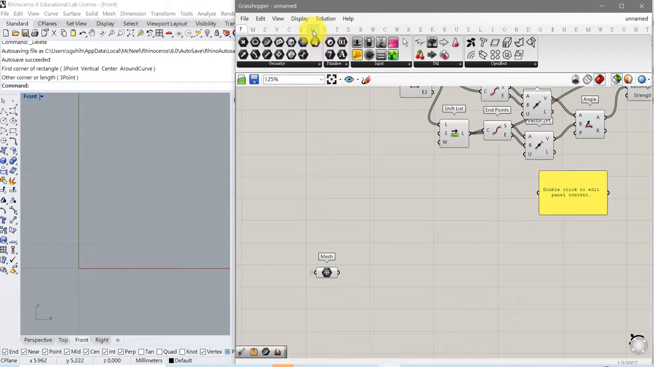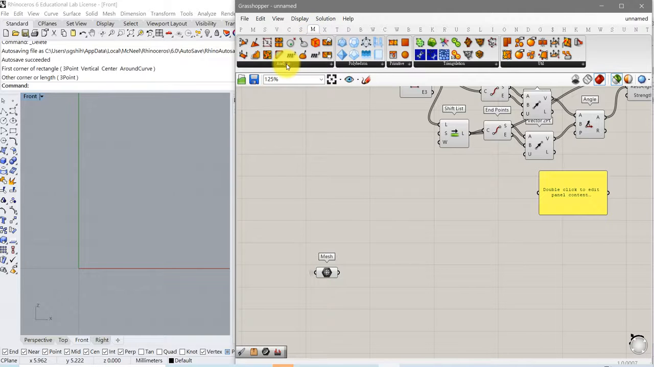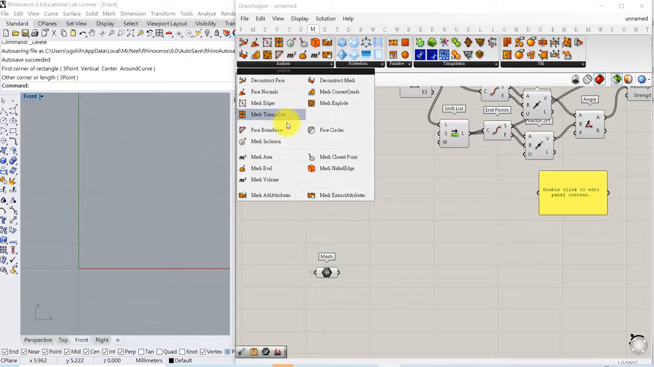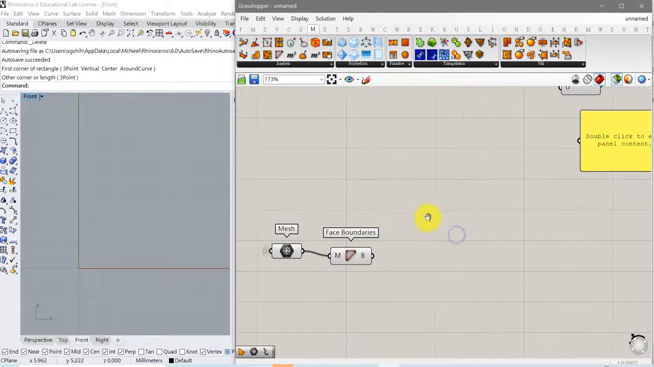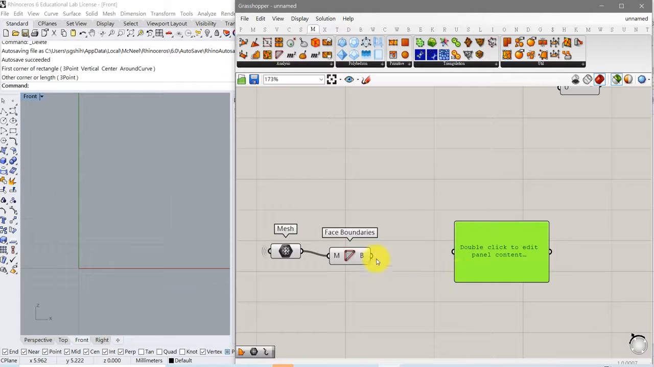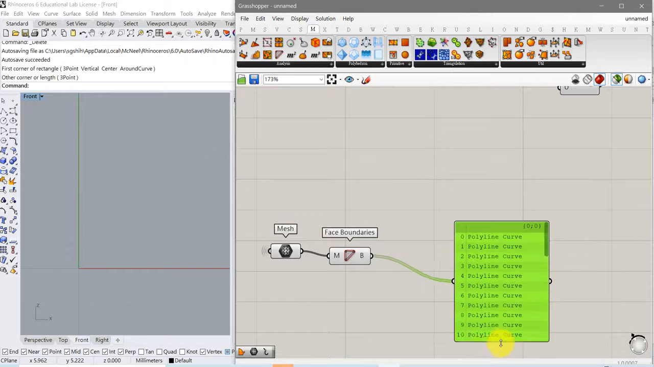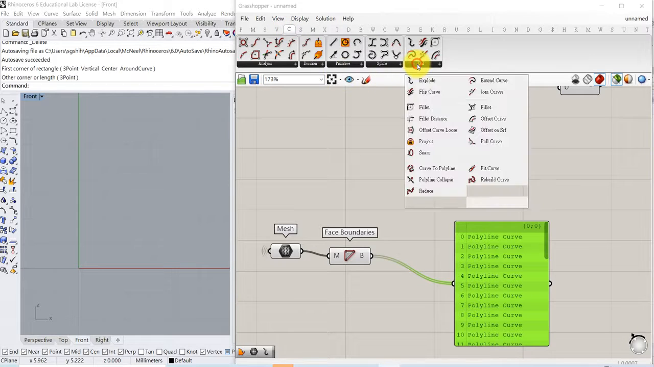We go to Mesh, Analyze, Mesh Boundaries. And let's check what we get. So they are all polyline curves, and we need to find every individual line segment in this boundary. So we explode it, go to Curve, Explode,